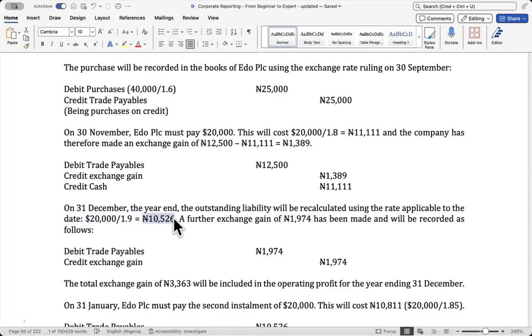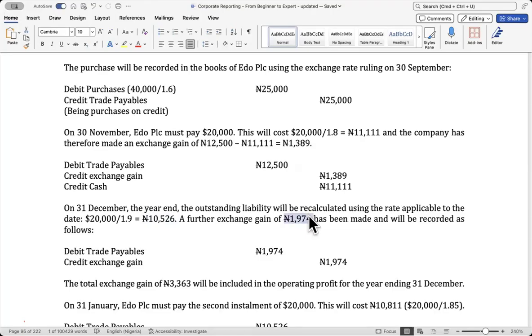And how much will be in our receivables? Sorry, I said receivables. How much will be in our payables balance? It's 12,500 because we have really debited it with 12,500, half. So the remaining half of 12,500 will be there. But fortunately for us, the exchange rate favored us. So we only need to raise 10,526 as against 12,500. So we have made a further gain again of